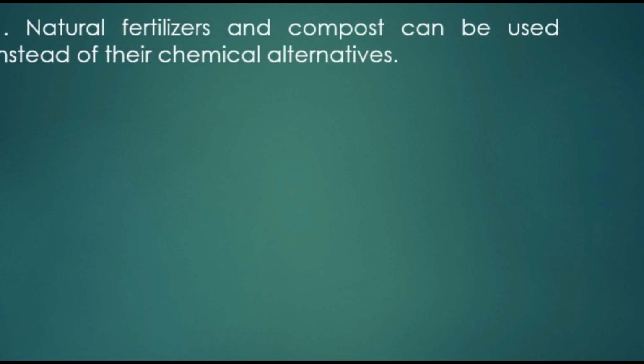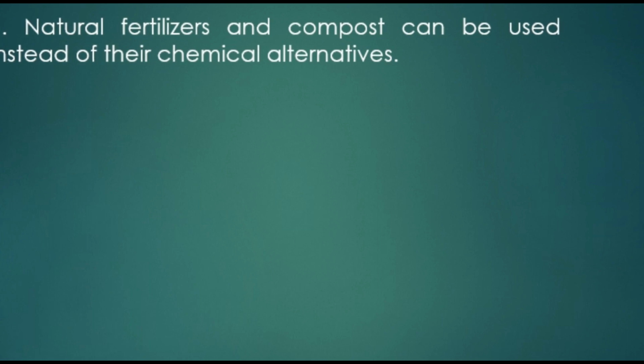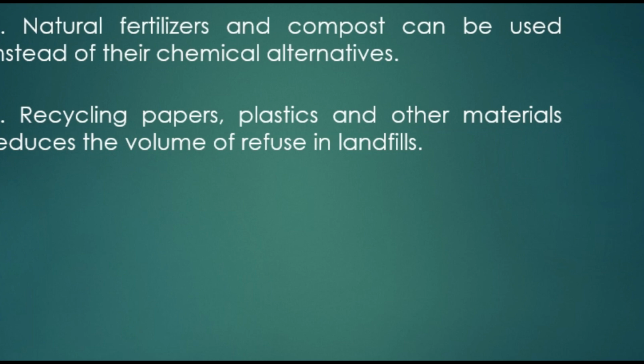How can we prevent soil pollution? Some points of preventing soil pollution. Natural fertilizer and compost can be used instead of their chemical alternatives. আমরা যে রাসায়নিক সার ব্যবহার করি সেগুলোর পরিবর্তে কম্পোস্ট সার অর্থাৎ ন্যাচারাল সার আমরা ব্যবহার করতে পারি।